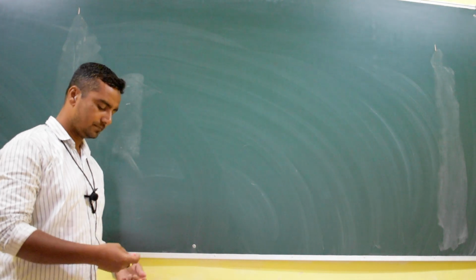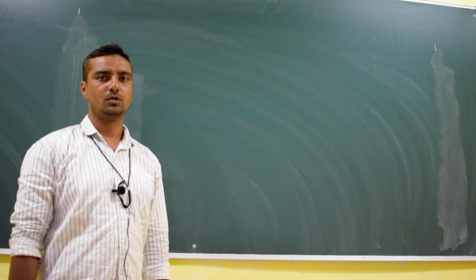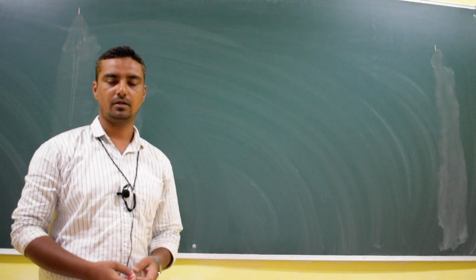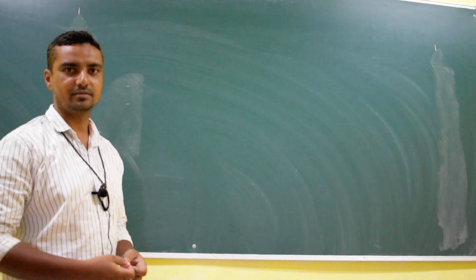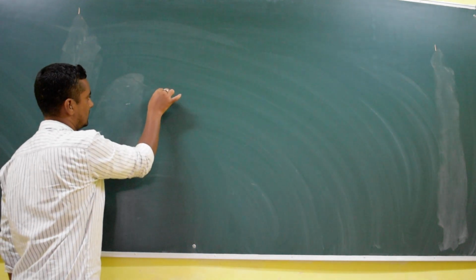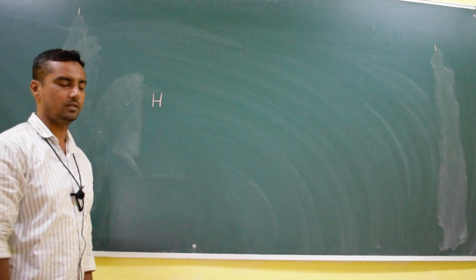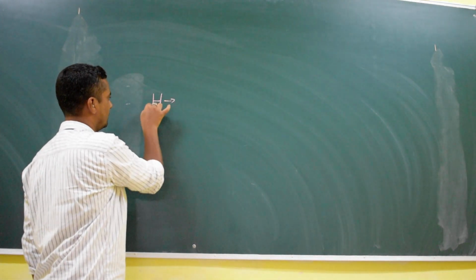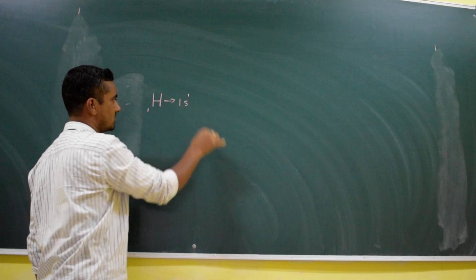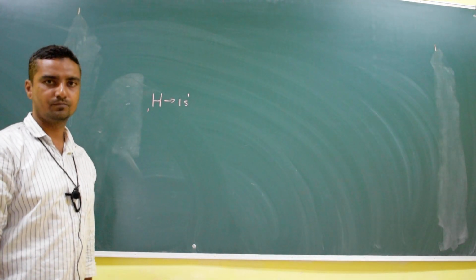So first of all we should know the cations and anions. How the cations are formed, how the anions are formed, right? If we come here, that is hydrogen. The electronic configuration of hydrogen is 1s1, right? Atomic number is 1, electronic configuration 1s1. If I remove one electron from the 1s1 orbital, it will become